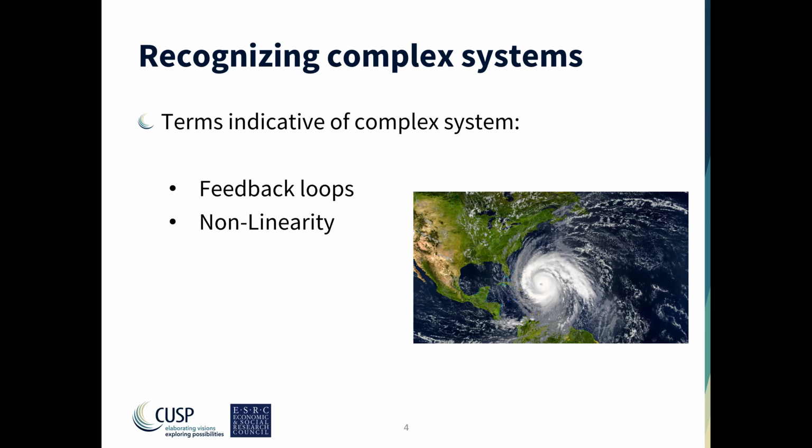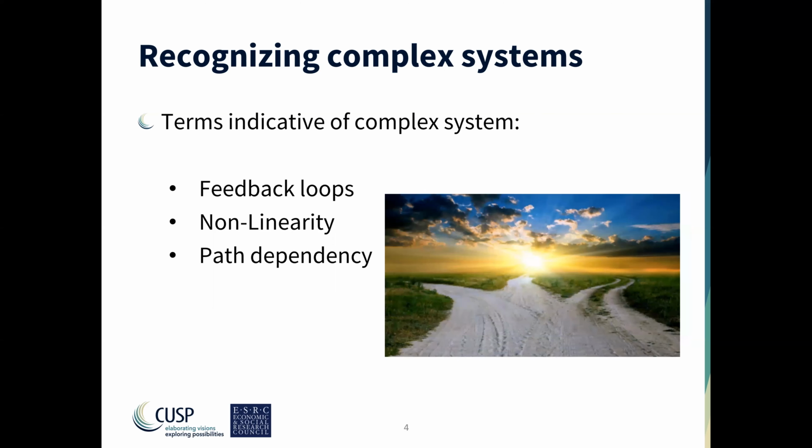You can think, for example, of a hurricane hitting the east coast of the United States of America, creating a lot of damage. The insurance sector sees that nonlinearity very badly, and it is quite good to look at this picture because it shows a feedback loop inside as well. We can think about path dependency. In complex systems, when one picks one particular path, it is going to be very hard to reverse it and go back to the origin to take another one.